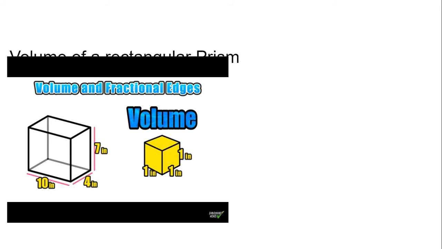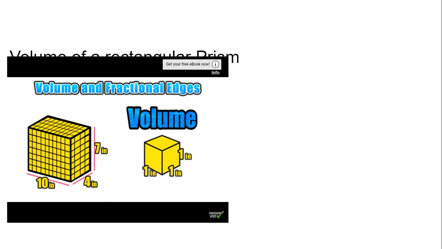So if we were to take our rectangular prism and completely fill it from bottom to top with these 1 inch unit cubes, and then counted the total number of cubes, that final total would represent the volume of the figure. Now, counting every single one of these cubes would take a very long time and is not the most efficient way to find volume. Luckily, rectangular prisms have certain properties that allow us to apply general rules for finding volume,